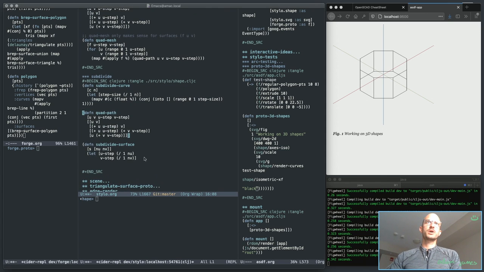Okay, so we use the function quad path in the same way here. Surface times float, float, or you don't, it's not multiplied. I'm using bad terminology now because I'm getting a little tired. Right, so surface is a function that takes in two parameter inputs, u and v. Both u goes from 0 to 1 and v goes from 0 to 1. If you map that function that will expect two of those values with the u step, v step, but you map it onto